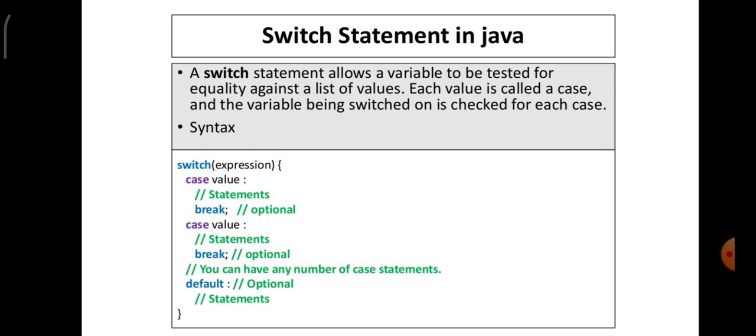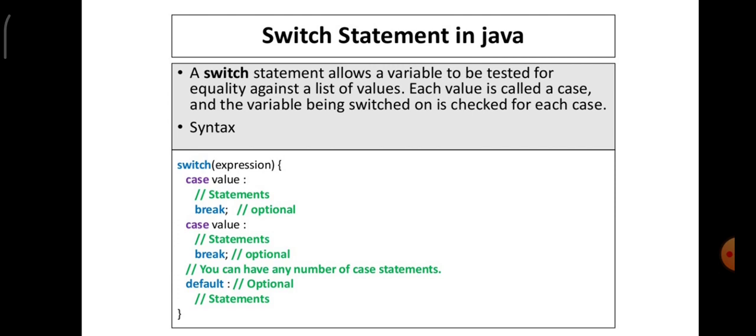Switch expression. Expression is nothing but the condition you are going to check. Case value is the first condition. If the first condition is true, it prints the first statement. Break. It comes out of the loop. It looks out for the second case value. If it is matching, then the next statement is printed. Break, it comes out of the loop. Or if it is not matching with any of the cases, it prints a default value.